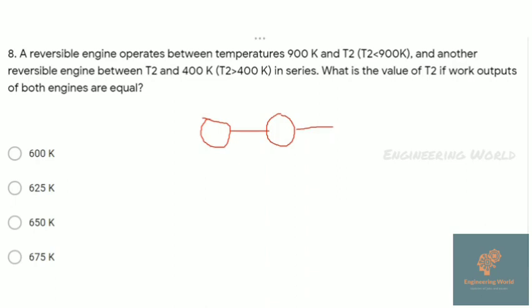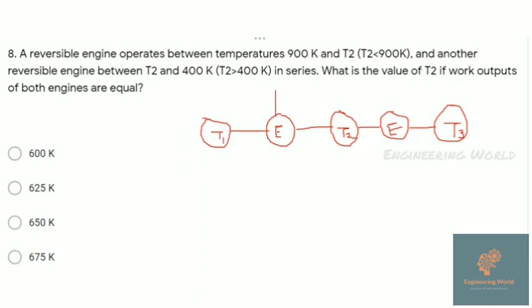Here I will show the series, these two engines are in series. So please concentrate on this diagram, as this is the ideal question, and the only trick in this is: if engines are in series and they have equal work output, the intermediate temperature is the arithmetic mean of the other two,